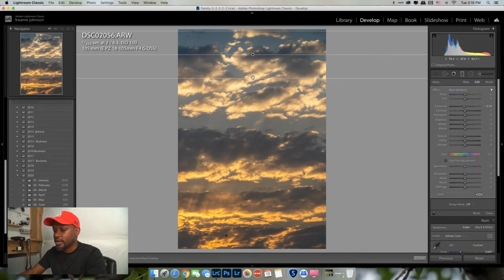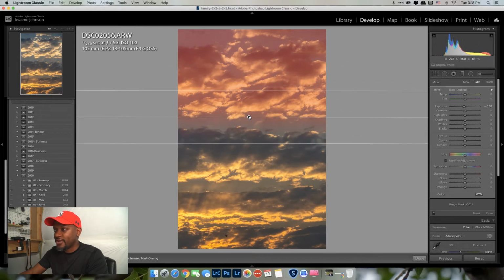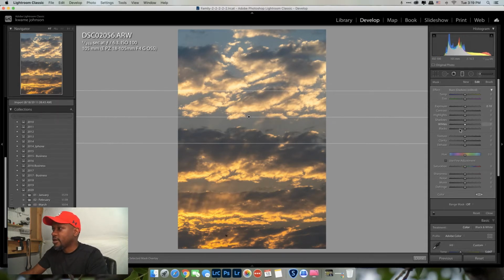So I'm going to go here, tap O, bring up the overlay so I can see exactly where this gradient is, what it's affecting. Right now it's on darkened, so I'm just going to zero that out. We don't want to darken it. And I might even bring the exposure up just a little bit. But what we are going to do